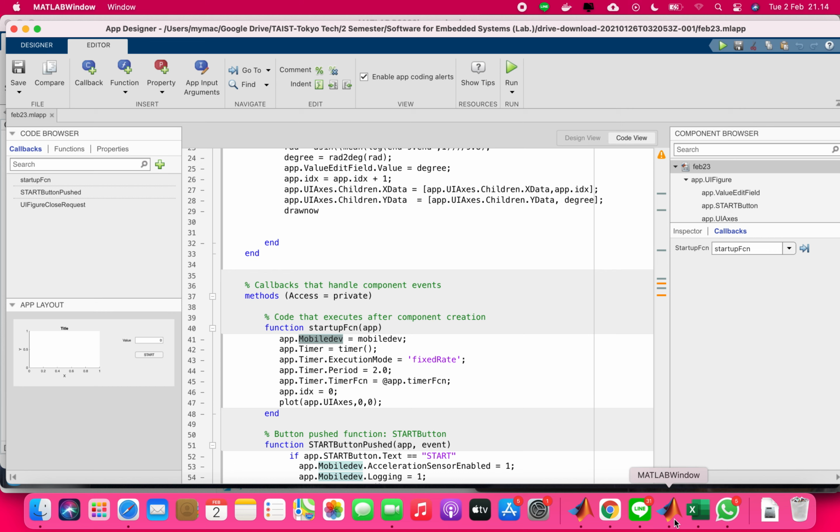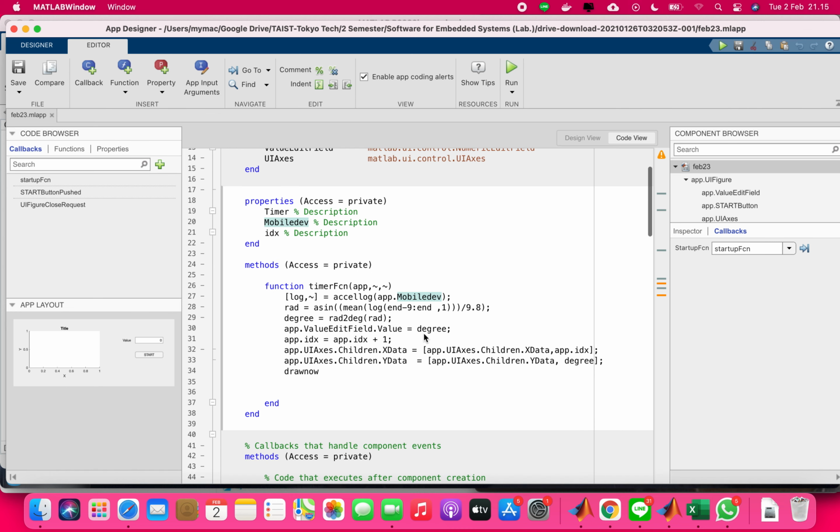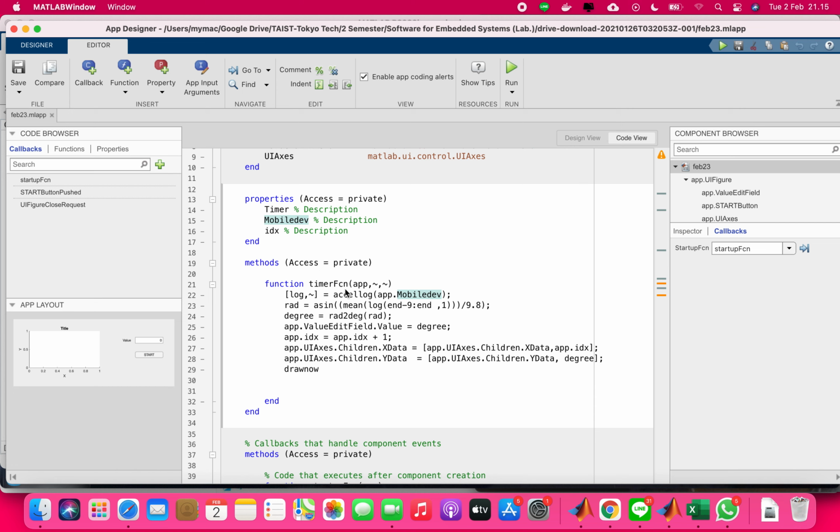And next, we have 2.0. What is this? It is the time period that we use to execute the data. Then we put timer function equal to app dot timer function. What is timer function? We can check it in our private functions. Here is, we have